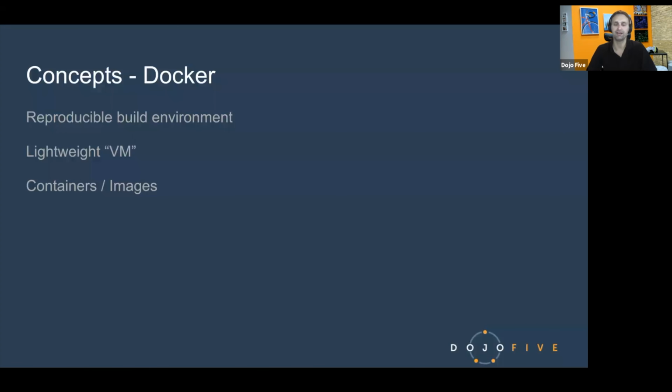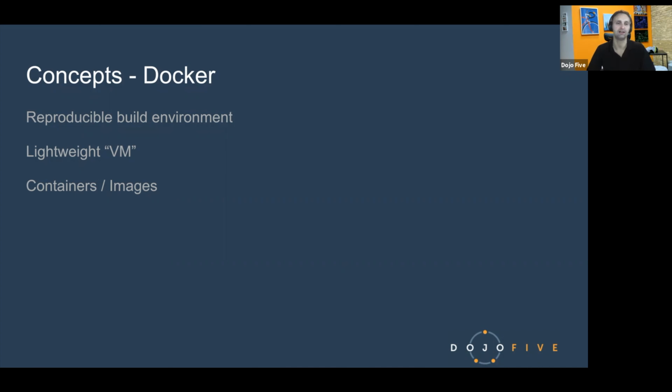It's a lightweight VM. You may be familiar with VirtualBox or VMware. They help you run a full emulation of an x86 processor on your computer. Somewhat heavyweight. Like, if the computer you want to emulate needs 4 gigs or 8 gigs of RAM, it's going to fully allocate 4 or 8 gigs of RAM from your computer's total memory space. And so you can't have many of those running at the same time without a lot of RAM or a